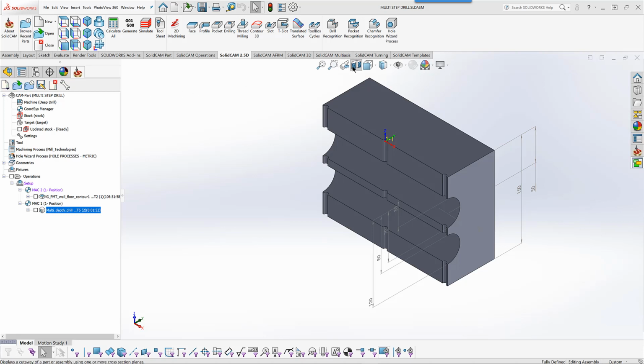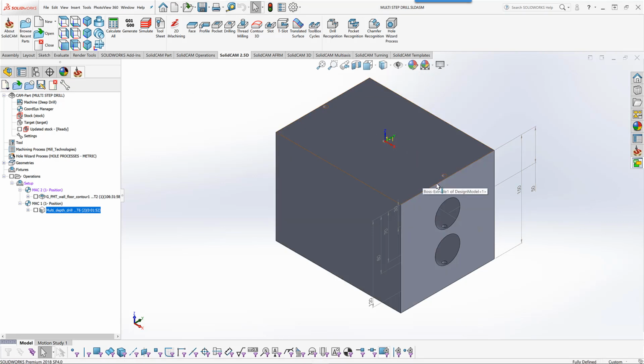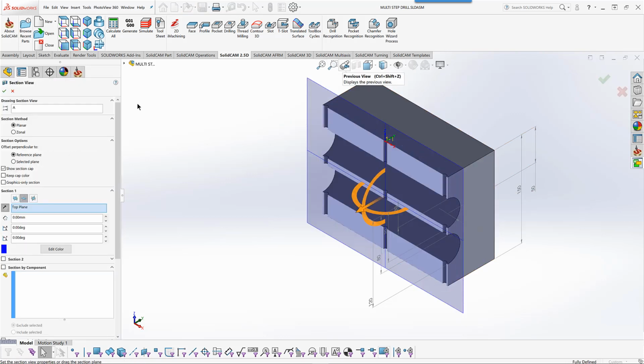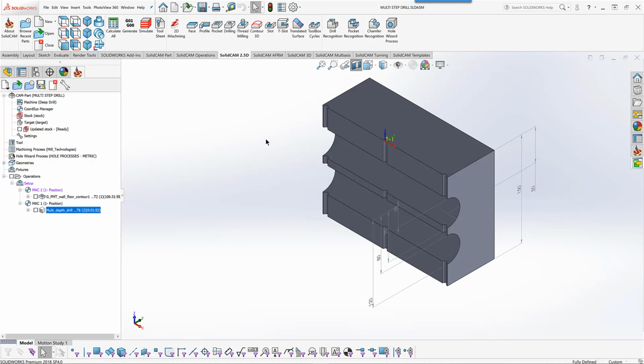If we take a look at the part we have on our screen, you'll see I have 3 holes over here, and they're actually crossing through these larger holes over here. If I were to show them in a partial view, you can see the holes actually going up until here and continuing on down. So normally when you drill these, what you would like to do is drill this hole